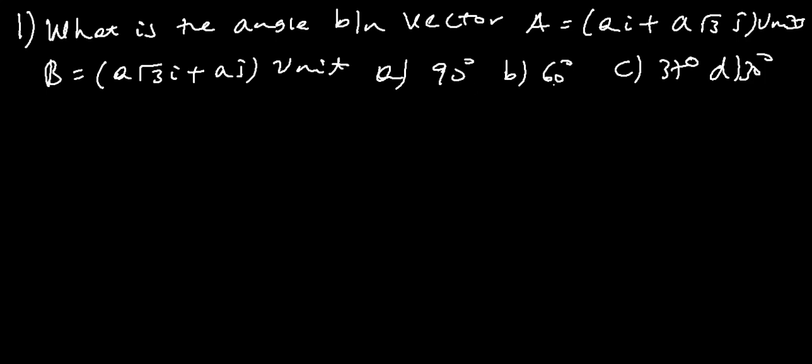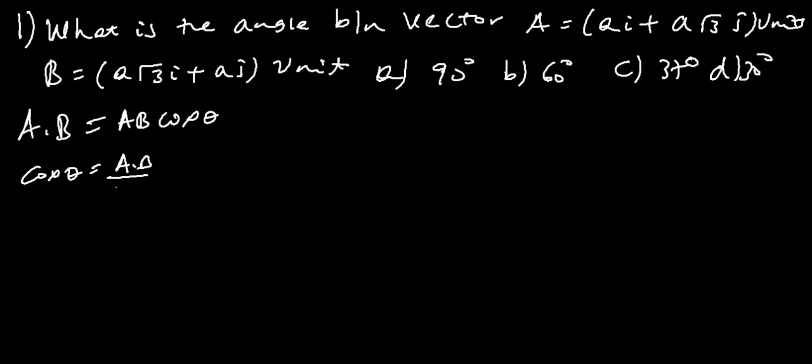A 90, B 60, C 37, D 30 ይላል። so አንግሉን ለማግኘት ምንድነው የምንጠቀመው ሜተድ A dot B እንጠቀማለን ማለት ነው which is AB cosine theta ምለውን እንጠቀማለን therefore cos theta is equals